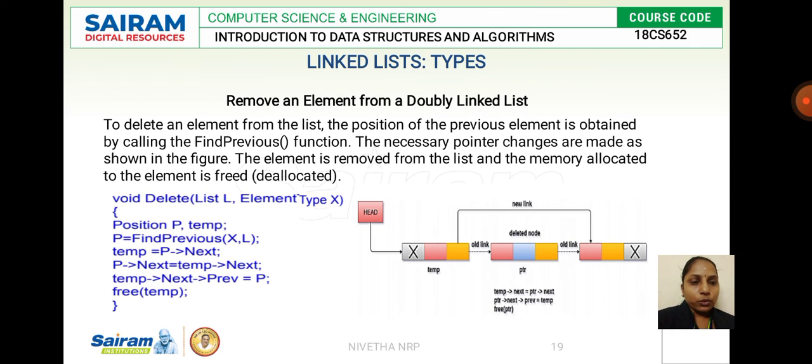So we are going to store the element to be deleted in temp again. So position P of temp. Then what we are going to do, we are going to break both the links, forward link and backward link, and we recreate the link. So now the P of next, after disconnecting the link, becomes previous of next, and the temp of next link will be created. While you compile this code, a forward link will be created and temp of next of previous will be your present node, and this will be creating your backward link, and finally you will be reallocating the memory of temp. That is free of temp.